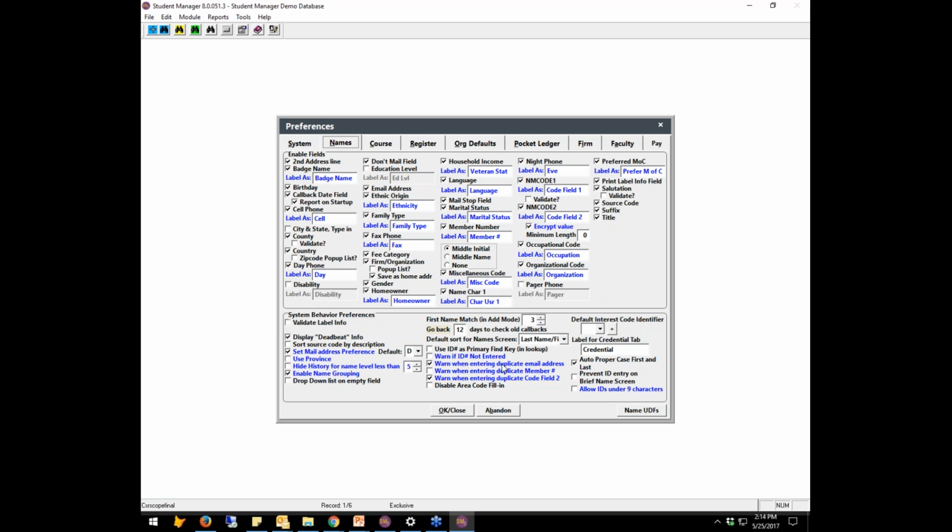So again, looking at this, a couple other areas here that are, I think, kind of unique is the default sort order. We're going to go in a minute to the name and talk about navigation in the name screen itself. But you can set for the name record a default order in